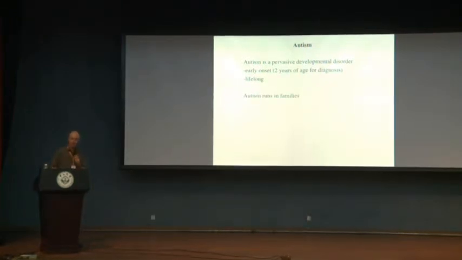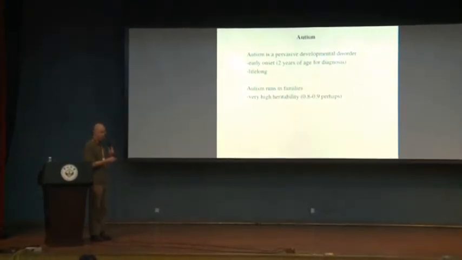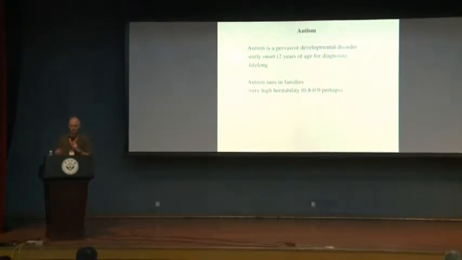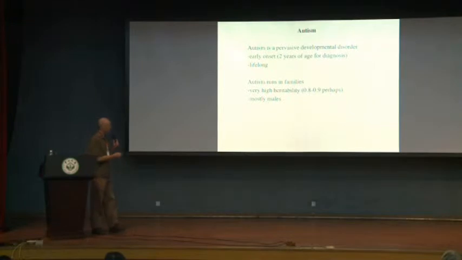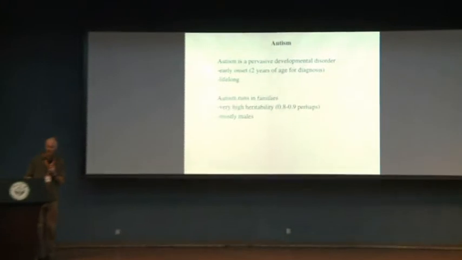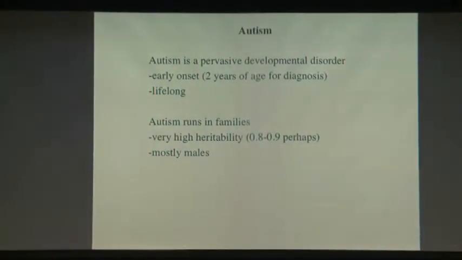There's a very large genetic component. There are many family studies, going back to original ones by Michael Rutter and colleagues, that show that it's actually very highly heritable. So autism has a big genetic component, not 100%. There are also environmental factors, but a big genetic component. One additional piece of evidence for that is that there's a big ratio in favor of males, about 4-to-1 in general, 4 times more likely in males than in females.